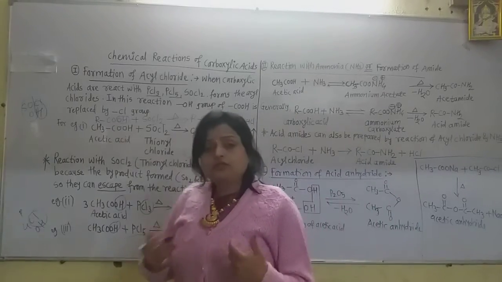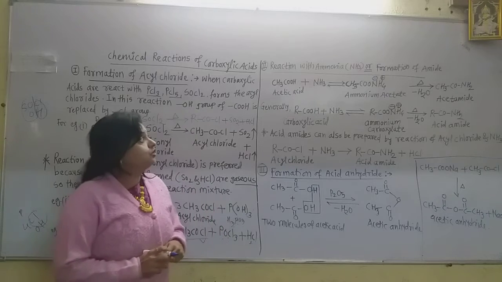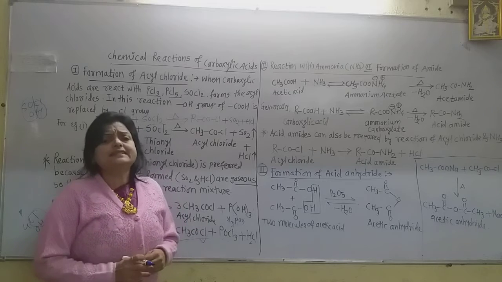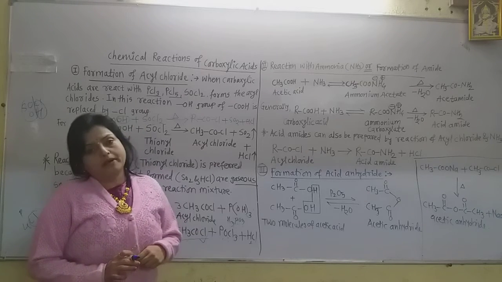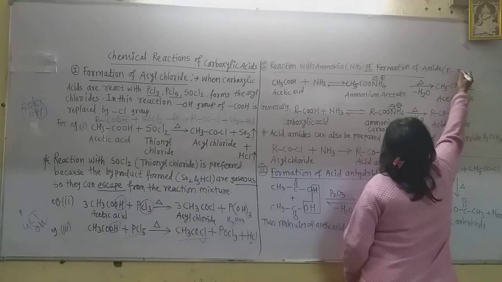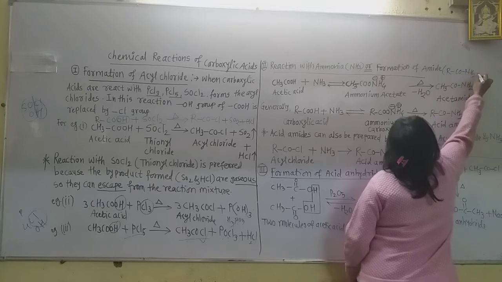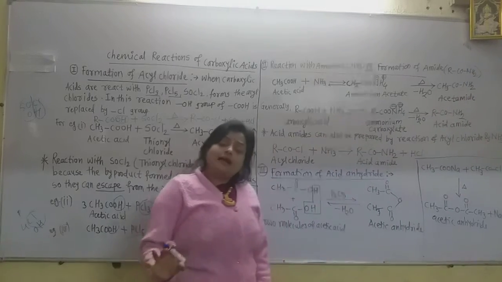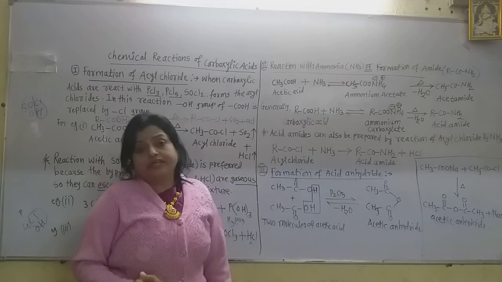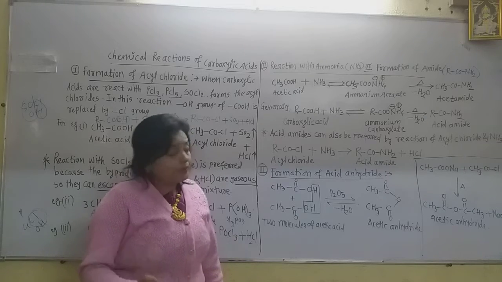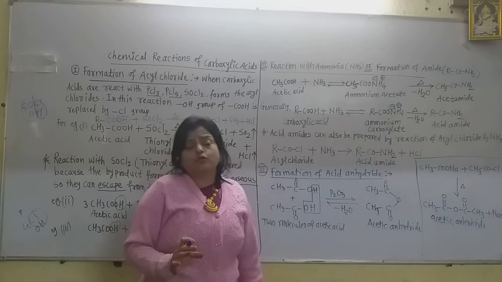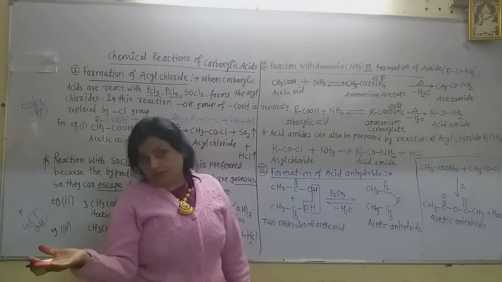Now let us see another most important chemical reaction of carboxylic acid, which is with ammonia. When carboxylic acid reacts with ammonia, there is formation of amide. In 11th standard you know the general formula of amide. What is that? RCONH2. If we join the NH2 group to the R, there is formation of only amines. But if there is the CO group in between the R alkyl group and the NH2 group, then that is called the amide. That means when ammonia gas reacts with carboxylic acids, acid amides are formed.